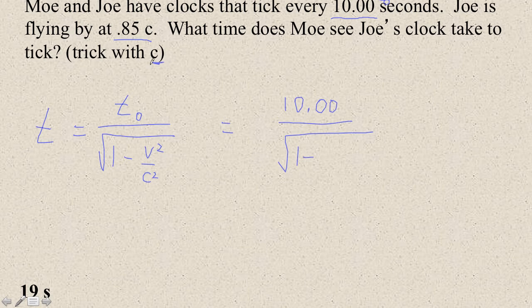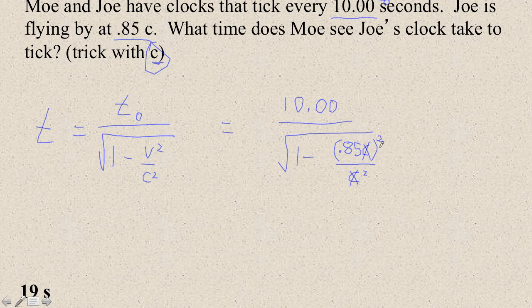And then the trick with the speed of light is, of course, I can go 1 minus 0.85. There's my velocity. Don't make it into a velocity. Nobody does. Right, and then divided by c squared. Right, the trick is that the c goes away with the bias, and you can cancel that out,